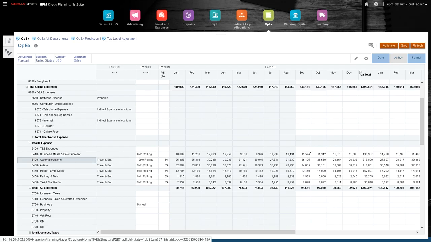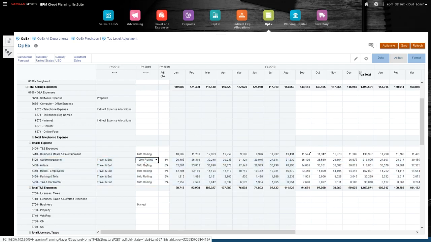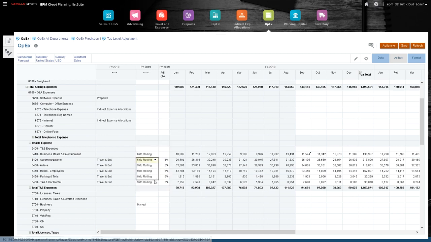So for example, here I see that I'm trying to forecast the different travel and entertainment expenses. This can be calculated by the detailed drivers, but I'm trying to calculate based on future trends. So here I took 6 months rolling, and then I can drag it, and instead of a 5% uplift, I can say with a 15% uplift. I can then drag these values in here, and once I change all these drivers, I can save this information,